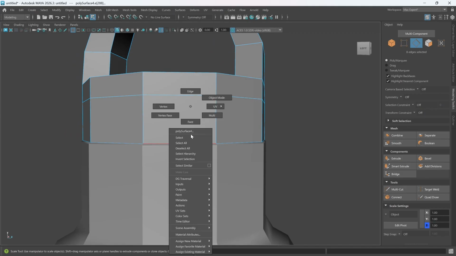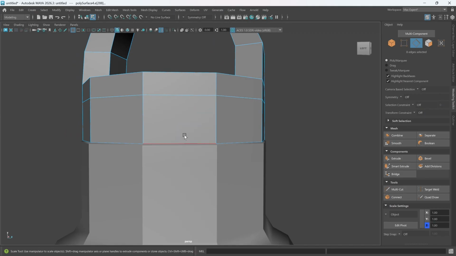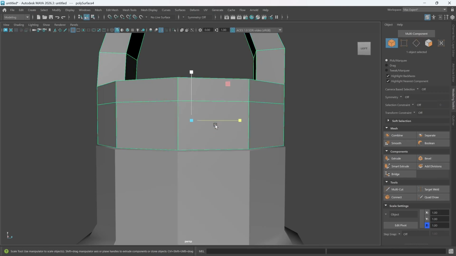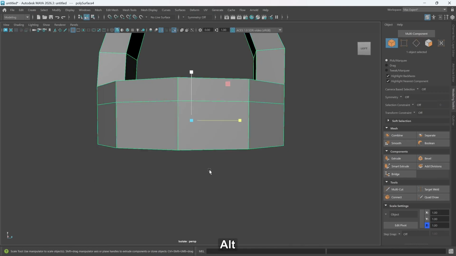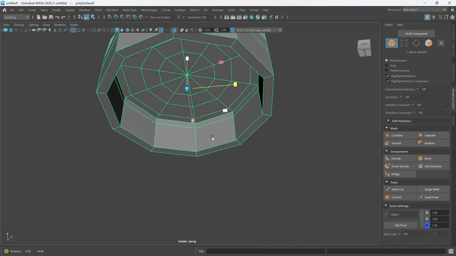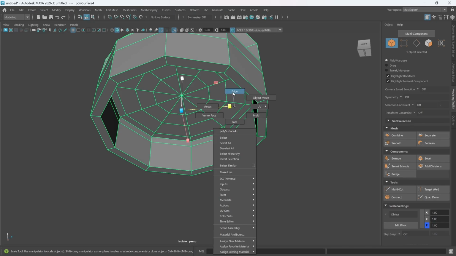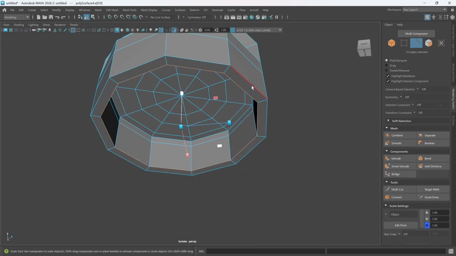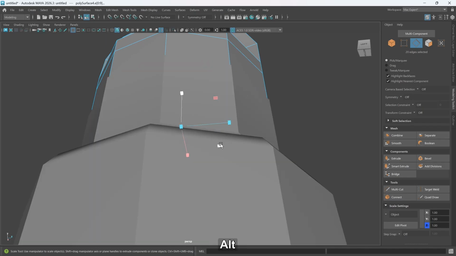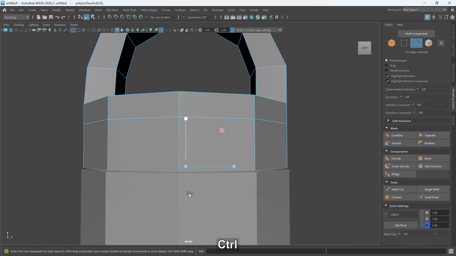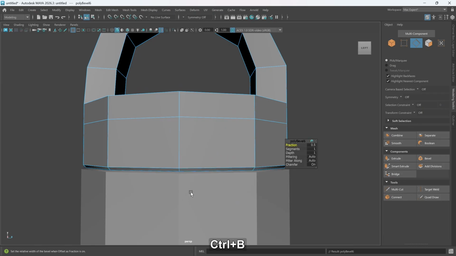Well, that is because we did not bevel those edges. So we go into the object mode, hit Ctrl 1 to isolate this object alone. We can right click, go into the edge mode, select this edge, hold shift and select this edge. Now we can hit Ctrl 1 to bring back the other object we have, hit Ctrl B to